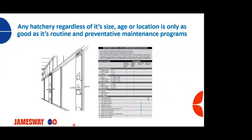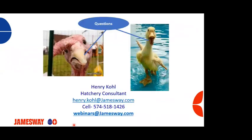So regardless of the size of hatchery that you might have, no matter how old that hatchery is or where it's located, that hatchery is only going to be as good as the routine and preventative maintenance program that it has. So with that,